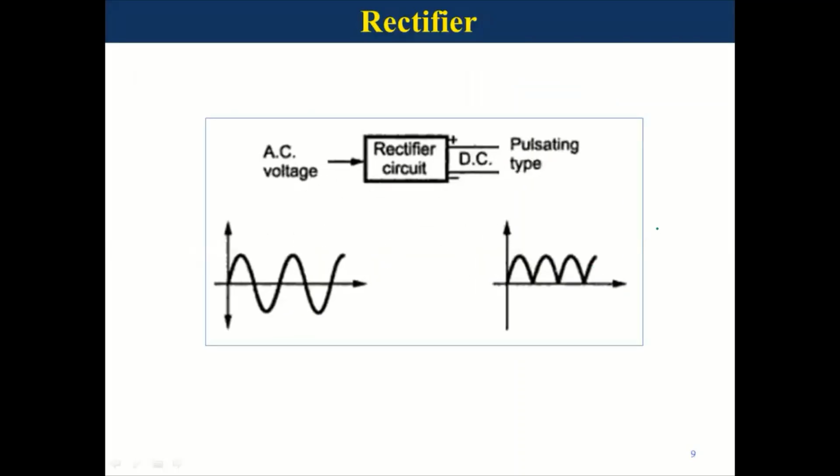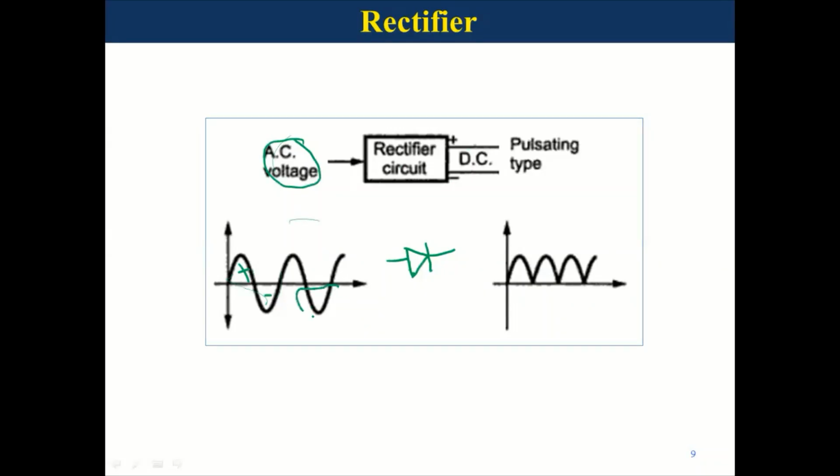And this diagram represents the input and output waveforms of the rectifier. The output of the step down transformer is given to the input of the rectifier, which is AC voltage, which is bidirectional, having both positive and negative. That signal is given to the rectifier, and this rectifier uses a diode, and this diode exhibits unidirectional characteristics. Because of that unidirectional characteristic, this bidirectional signal is converted into a unidirectional signal,